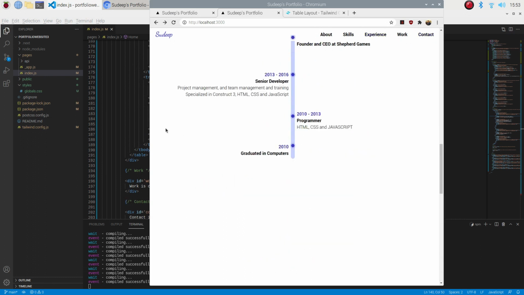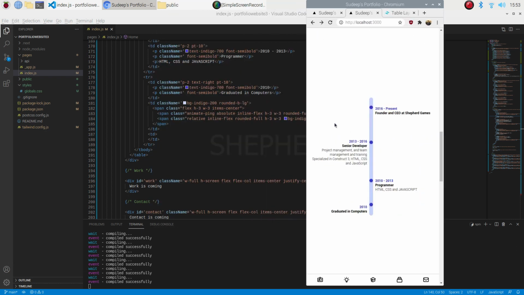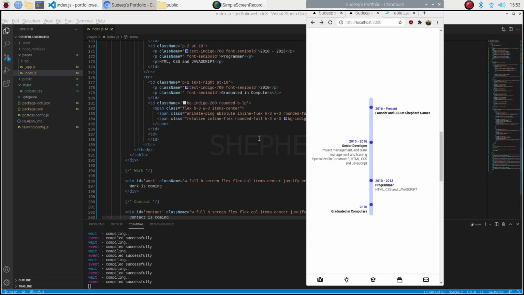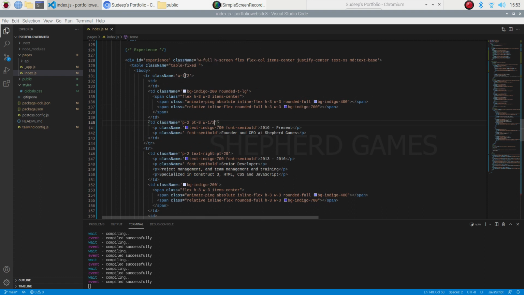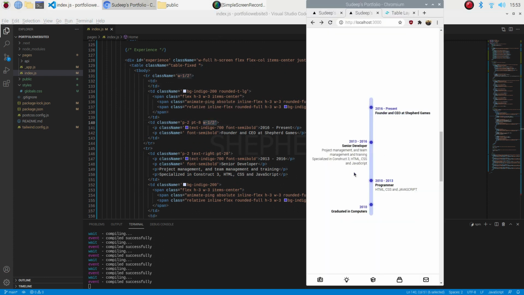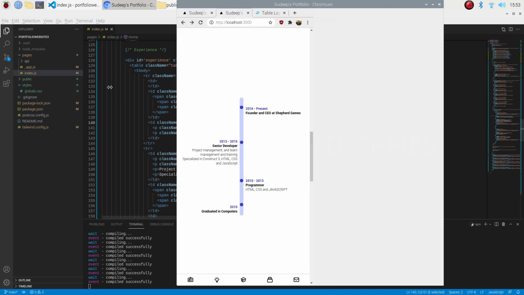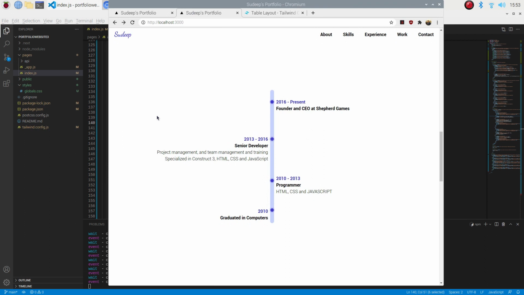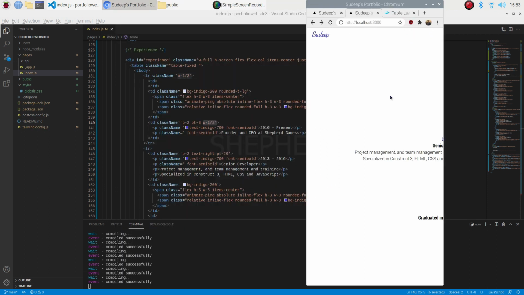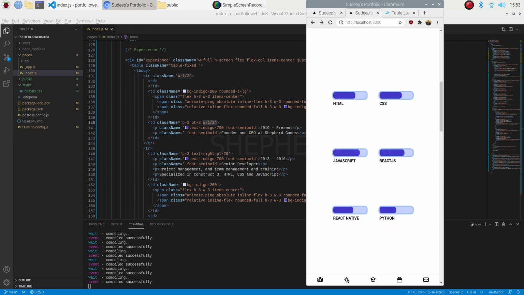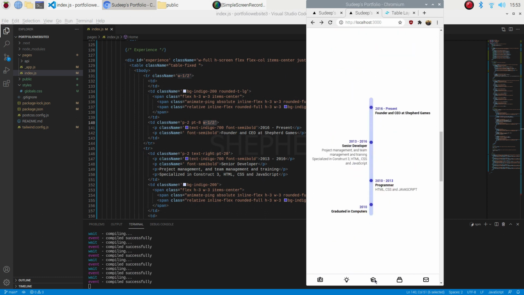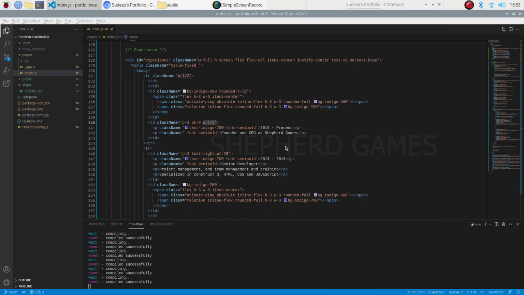So if I go to experience, make it small, it is at the center of the screen. So what I did is, to the first element I added half width to the first item, which is blank, and the second last item, which is the text here, and it is aligned at the center of the screen. So if I make it big, even it is aligned at the center of the screen, right? This is great. Now we are done with about, skills, experience. Now let's quickly close work,